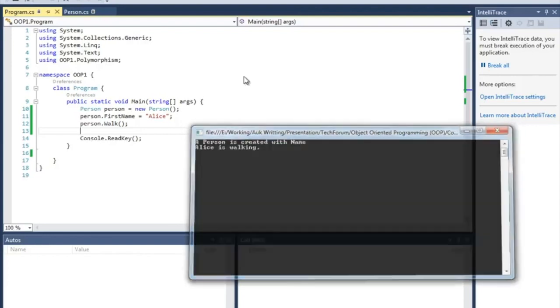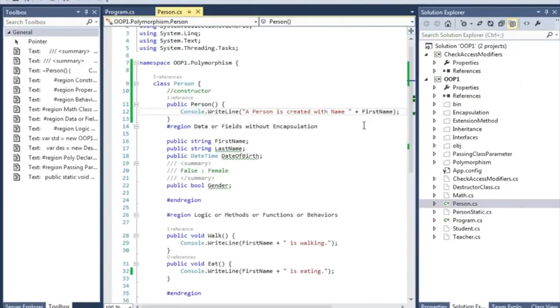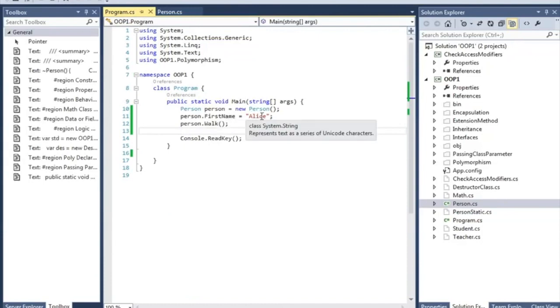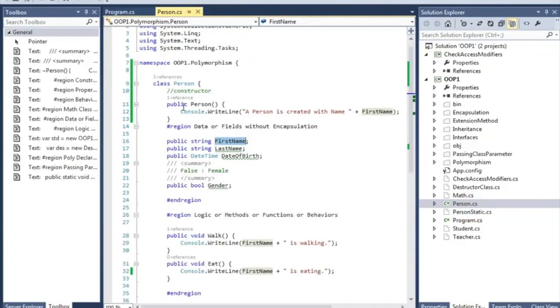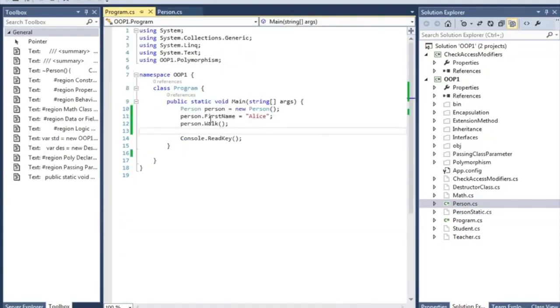So it really doesn't show anything. If you go to the code, it's really an empty string, a null string, so it doesn't show anything. It only shows those two console write lines because this was the first one executed and the next executed when the walk method is called. That's it. It's very simple, not complicated.